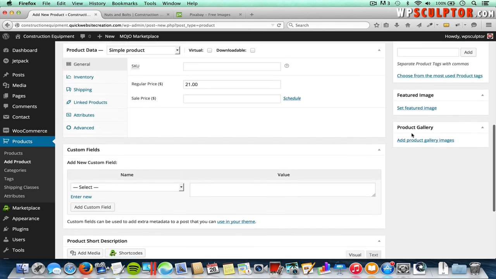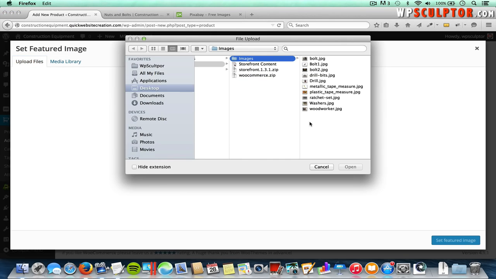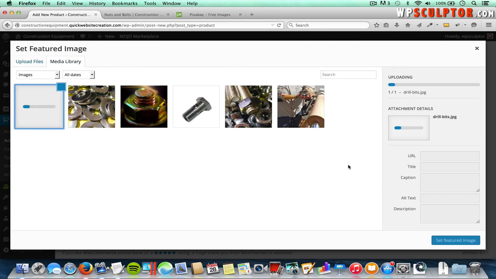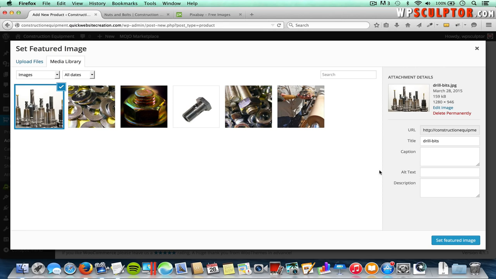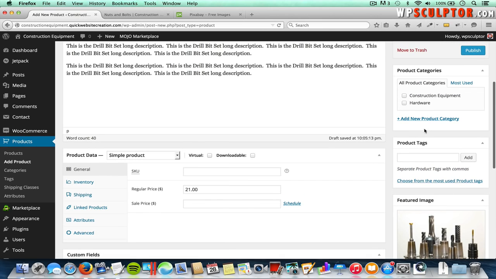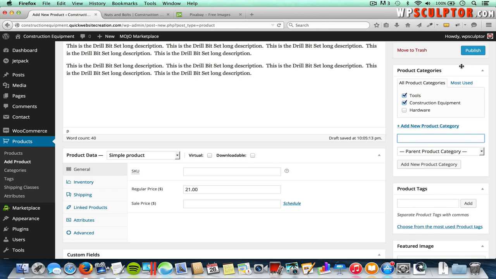Paste that in there, scroll up to the top, click on set featured image, click on upload files, and then click on select files. And I'll select the image on my hard drive that I want, click on open, and then click on set featured image, and then we'll scroll up, and I am going to assign this to the construction equipment category, but I'm not going to assign it to the hardware category. Instead, I'm going to add a new category by clicking on add new product category, and this category is just going to be tools, so I'll type that in there and click on add new product category, and then I'm going to publish this product,